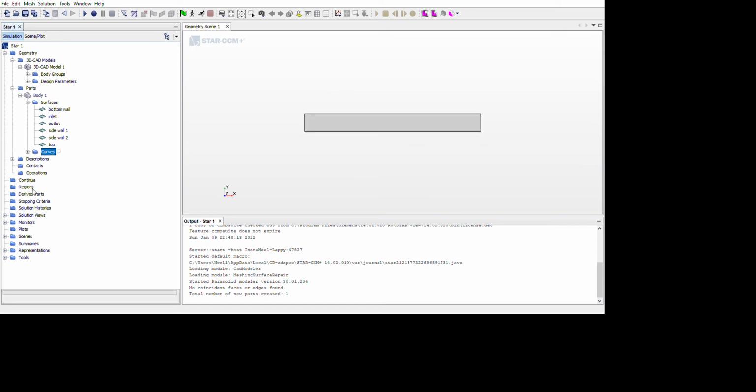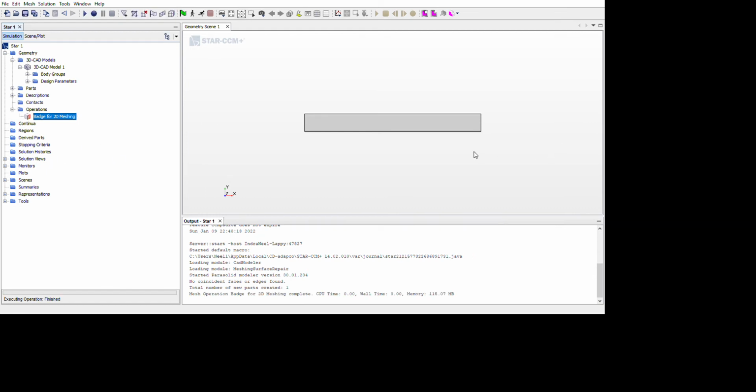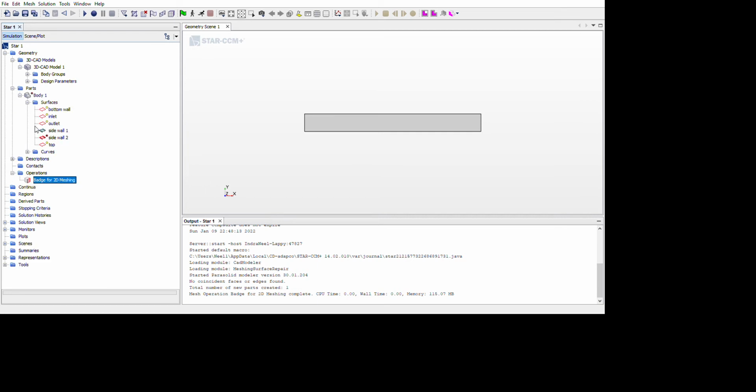Okay, so I close this for the moment. Okay, I go to the operations. Now I go to the mesh, batch for 2D meshing. Why is it called batch for 2D meshing? When you perform 2D meshing on this body, you get something called a batch. So I execute this, and for performing the 2D meshing, one of the surfaces or one of the faces must be lying on the axis of z equal to 0. That's a preliminary condition for 2D meshing, and you can find it in the Siemens StarCCM guide. So let's go to the parts again. Body 1, surfaces, yeah.